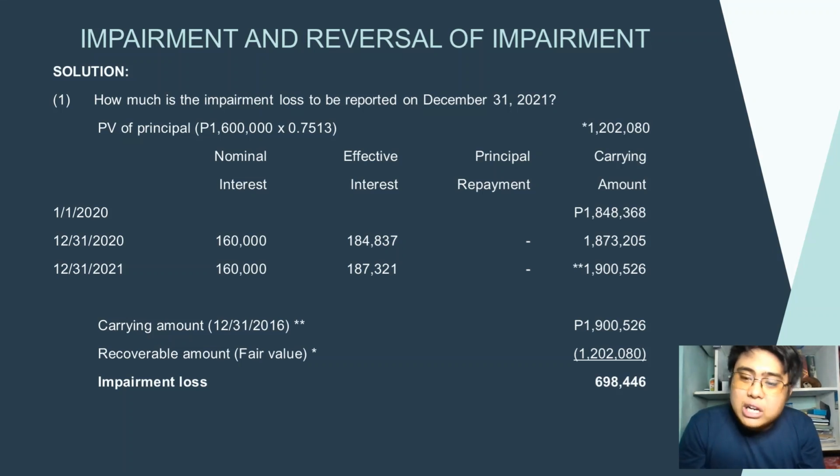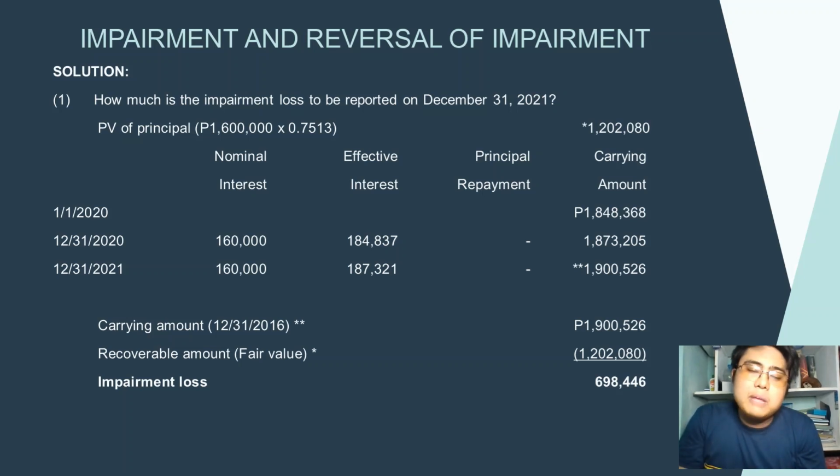So kung naka-record ng 1.9 million yan, babawasan mo ng 698,000. That's the main purpose of impairment. We need to decrease the value of the asset because yung naka-record sa libro ay mas mataas sa kung ano na lang ang matatanggap mo based on the computation ni accounting. Okay, so this would be the answer for requirement number 1. Our impairment loss is